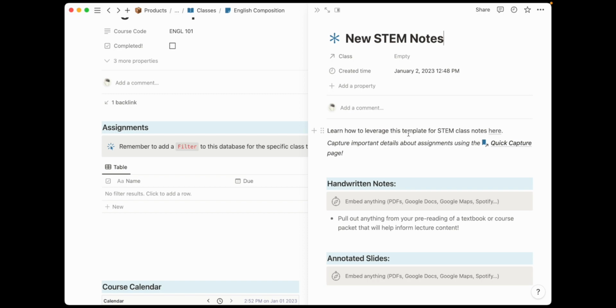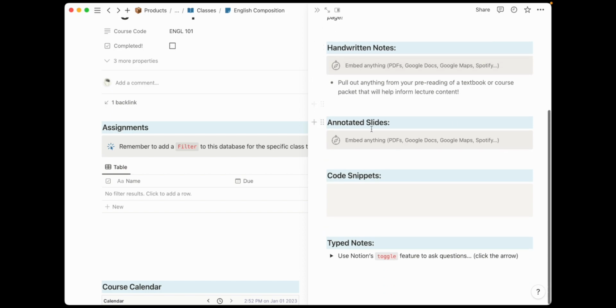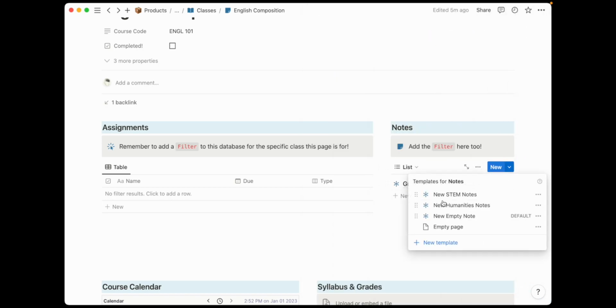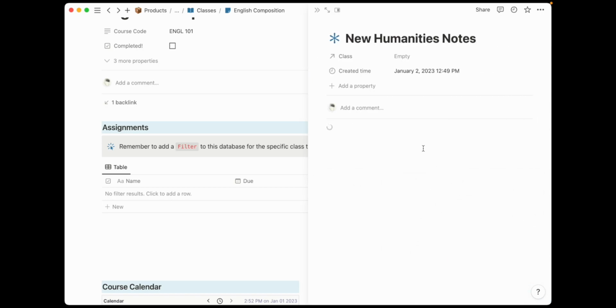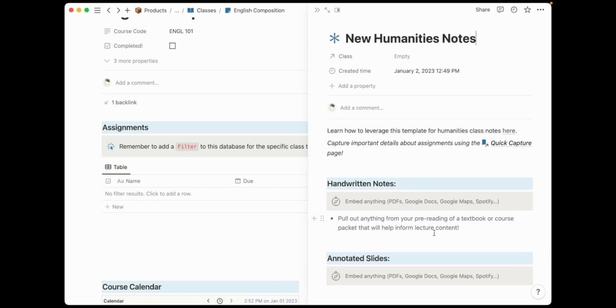I've included instructions on how to leverage this STEM class notes template as best as you can in the directions. I've included space for handwritten notes, annotated slides, code snippets if you are in a computer science class, and typed notes using Notion's toggle features. So you can add a conceptual question here and then answer them and then hide and show the answers for optimal review strategies. The humanities notes is also rather similar. It just doesn't have the space to embed code snippets,